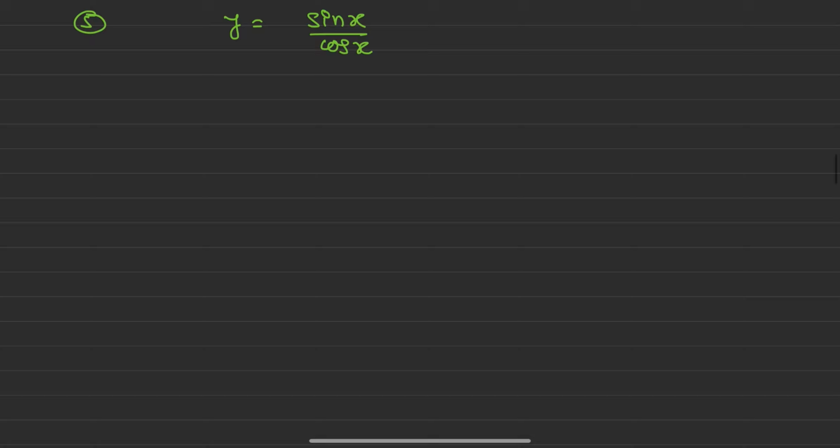Next we are having y is equal to sin x divided by cos x, which means division of the functions. You know about the rule. If y equal to u by v, the derivative will become u dash v minus v dash u divided by v square. So you can say in this particular way, dy by dx value will become equal to what? Derivative of sin x will become cos x, second function as it is, minus derivative of the second function. Derivative of cos x will become minus sin x into first function as it is,